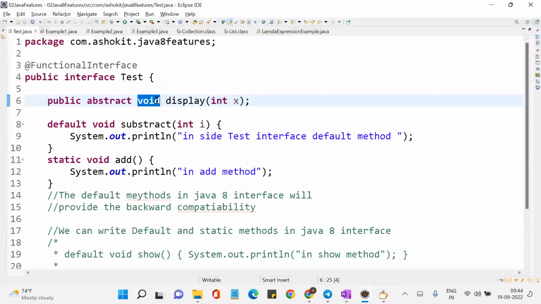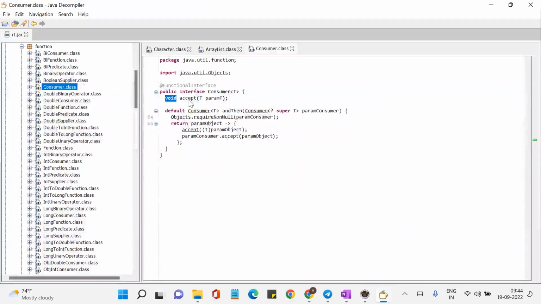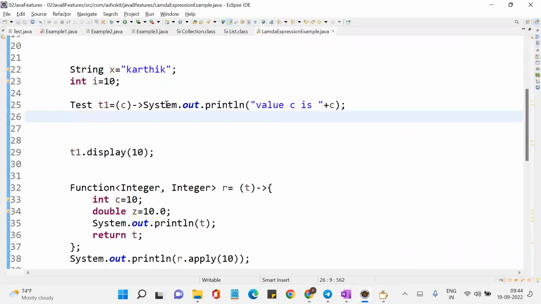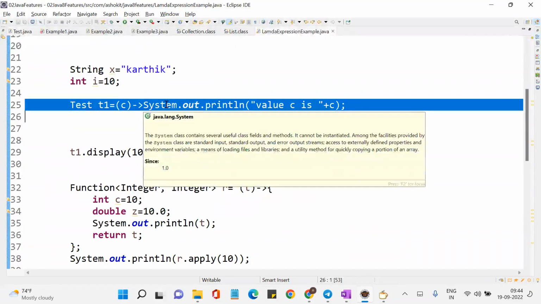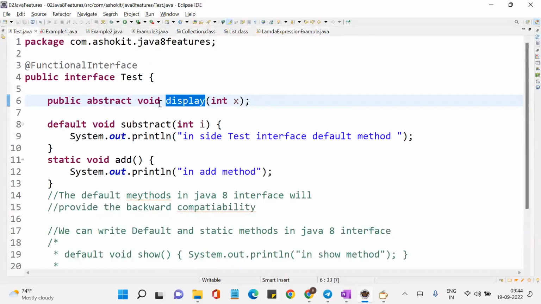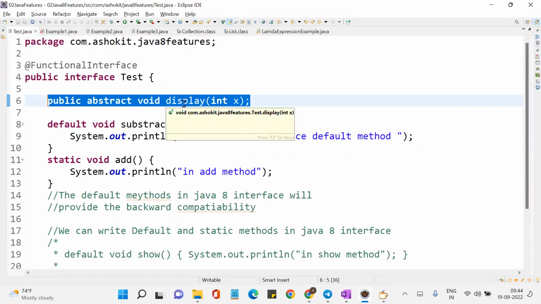Yes or no? Yes. Correct. So whenever I'm writing a lambda, the method name is different here, accept, and here display. But whenever you're writing a lambda, do you care about the method name? No, not needed. Correct. So now, I want to have the functionality like this: I want